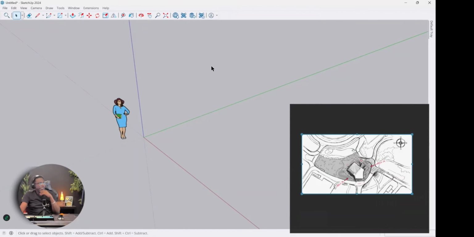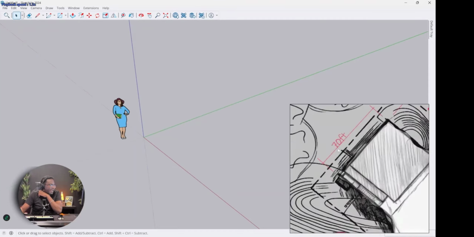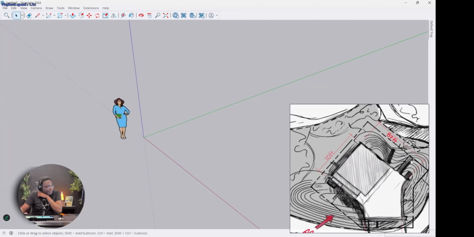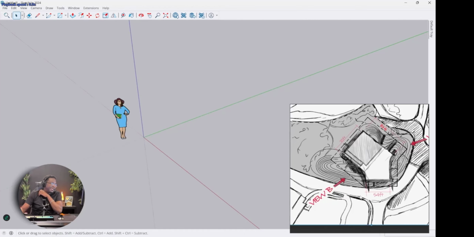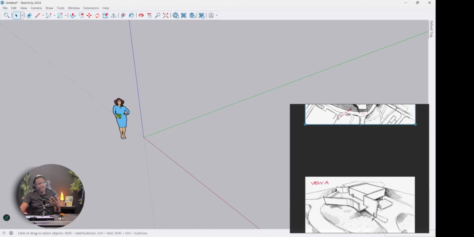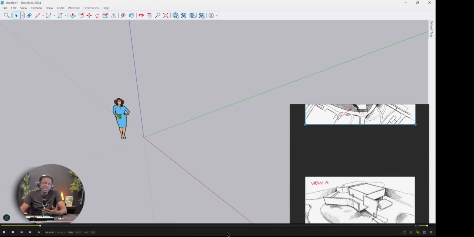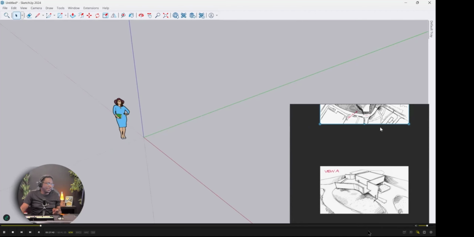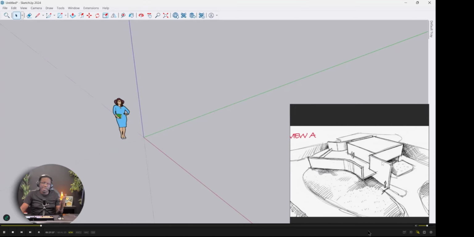So luckily for us, from our sketched site plan, we can get some amount of dimensions just to have an idea of the overall massing, right? And this will vary from time to time whenever we're dealing with the pre-design stage of a project, right? Some pre-design will probably only consist of a sketch.